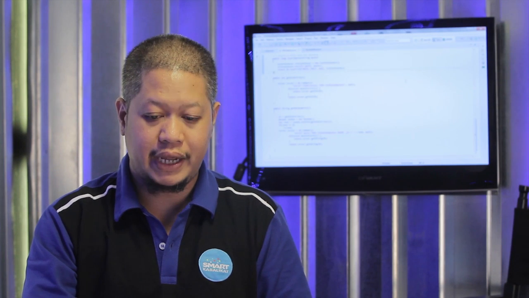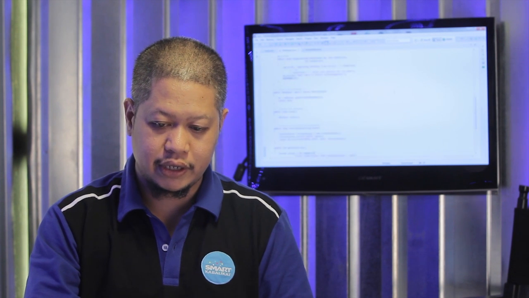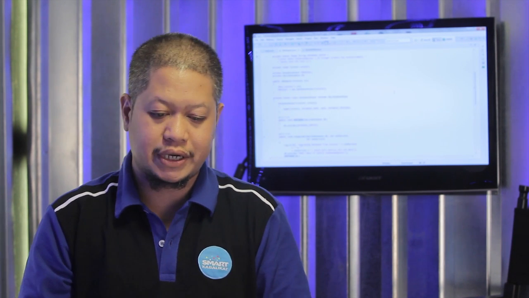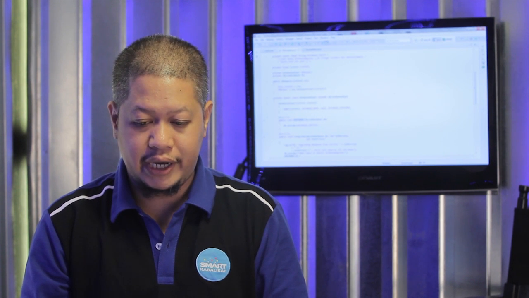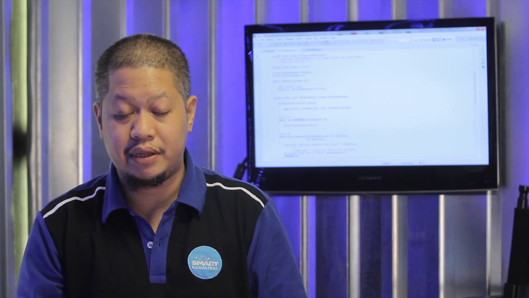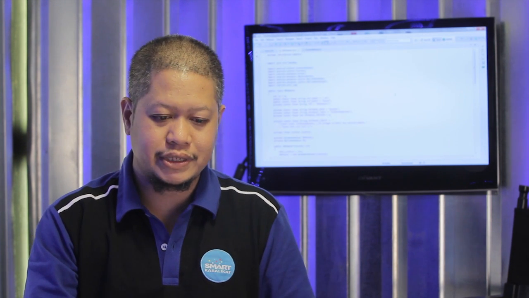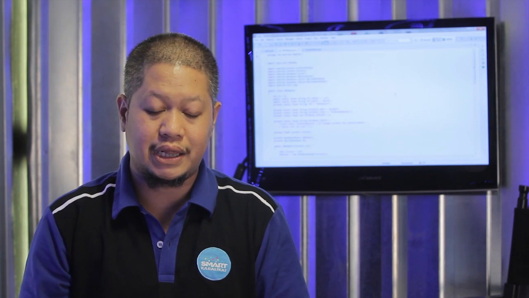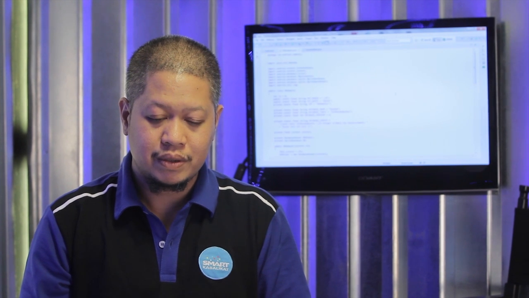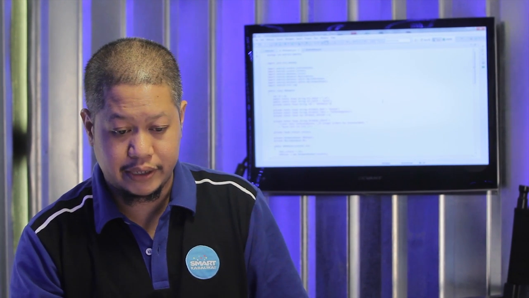Okay, so just from this simple example, you'll notice that creating a database app or an application that actually saves to the SQLite database is a bit involved and will require you to do a lot of work. But just like most things in object-oriented programming, once you create one, it's basically a repeat of the same process over and over again. One tip I can tell you is that if you successfully create one, keep the code so that you can copy and paste it later on if you come up to another assignment like this one.